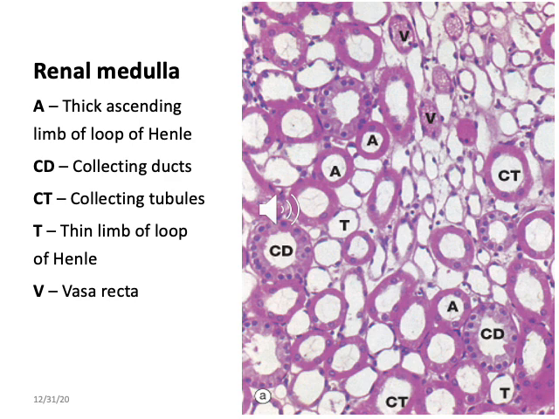Here you can see the histological appearance of the renal medulla. It has the thick ascending limb of the loop of Henle, because of simple cuboidal epithelium. The wall of the thick ascending limb is thicker than the thin limb of the loop of Henle, which is lined by simple squamous epithelium. And in this cross section, these tubes' diameters are more or less the same.